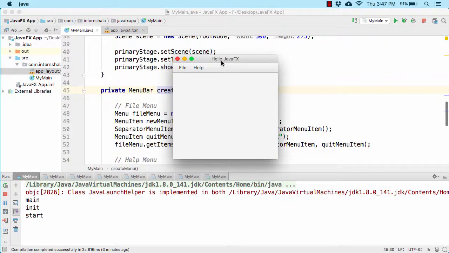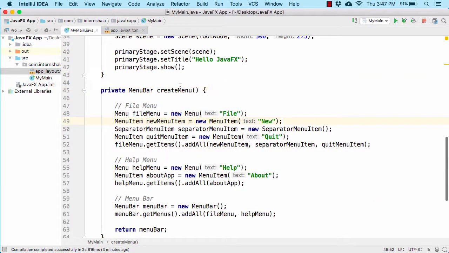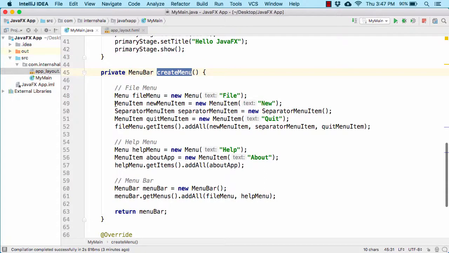Well, now it is time to implement the on-click listener on each of these menu items. So what should happen when the user clicks on the Quit button? And what should happen when the user clicks on the About button? So for that, within our create menu method, let us try to handle the click event on our new menu